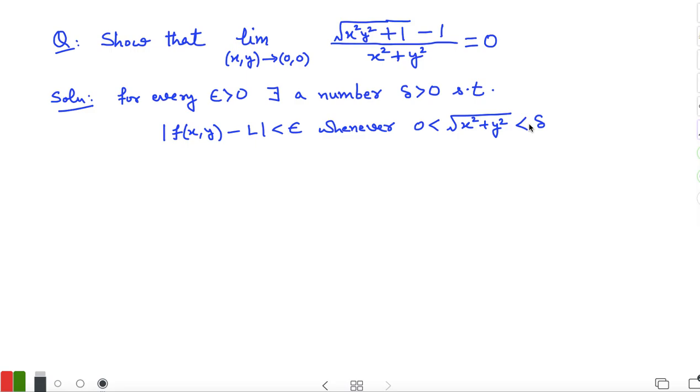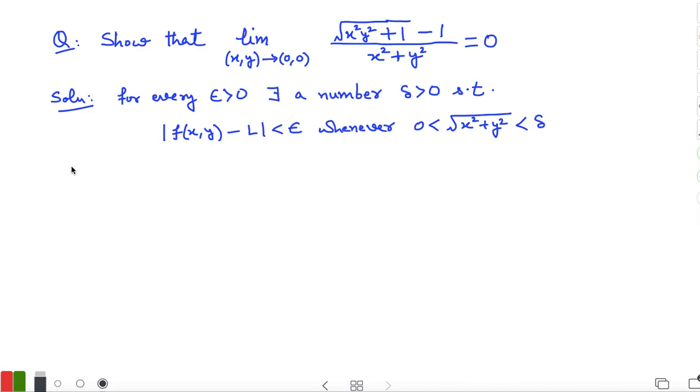So if we can find a delta positive for every epsilon positive such that these two hold simultaneously, then we will say that the limit of the function as (x, y) approaches the origin will be L. Okay. So here the function is given, L is the limit point, which we have to prove is 0. So let us start by solving the left hand side of the epsilon inequality and see how we can proceed